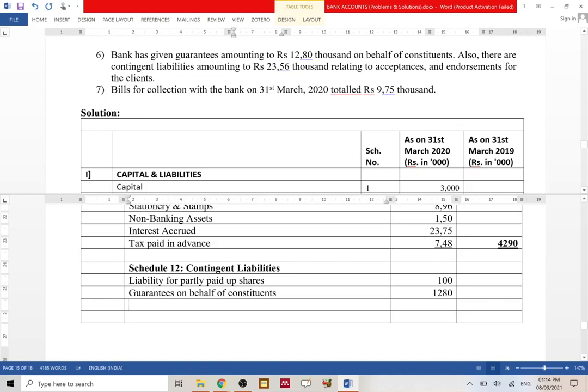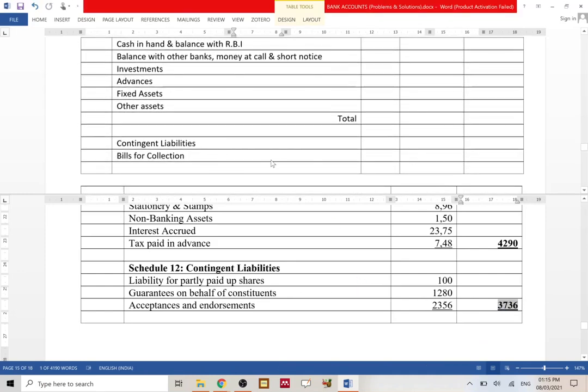And then finally, contingent liability for acceptances and endorsements, 2,356. Okay, so total 3,736. Total of contingent liabilities 3,736. The bills for collection, of course, goes directly to the balance sheet over here, and we do not have to prepare a separate note to the balance sheet for